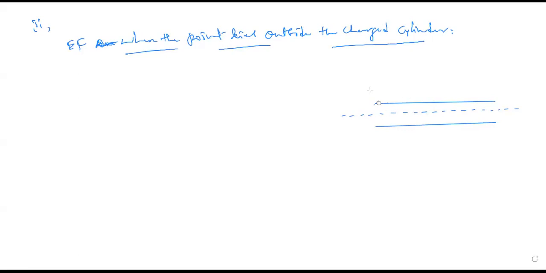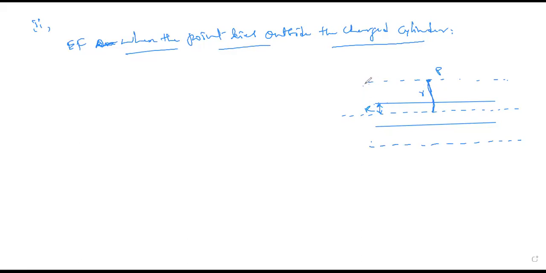Now I'm assuming a Gaussian surface, a cylindrical Gaussian surface. Suppose here I have taken a point P. So I have to assume a Gaussian surface of length L with respect to this particular point. Now what is the distance from here to here? Already we are taking that as capital R with respect to the axis. This cylindrical Gaussian surface is placed at a distance of small r with respect to the axis, from the axis to the point.